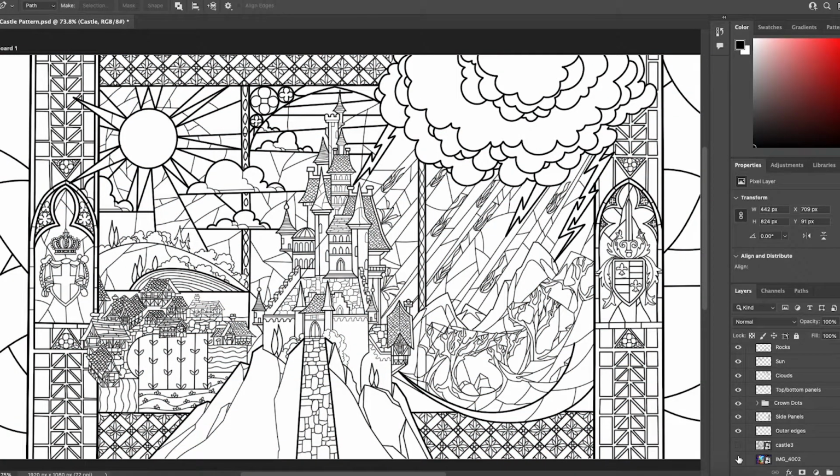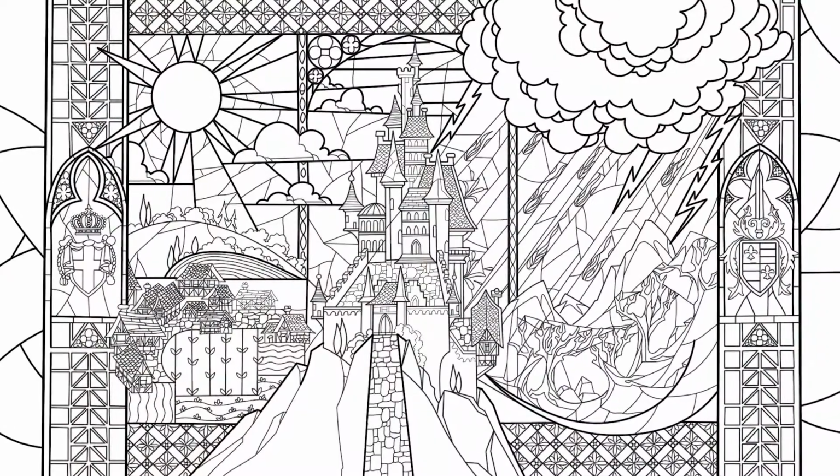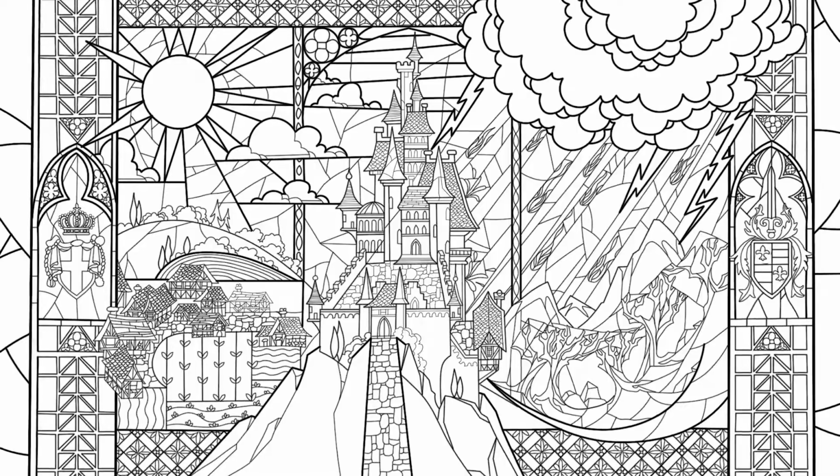Well, it took me 12 hours, but it is done. That was so much clicking. Once I got to the little farmhouse region and then the castle itself with all of those roofs, with all of the little shingles, it was a lot. But I am very glad I stuck with it because this is far more detailed and far more correct to the original image